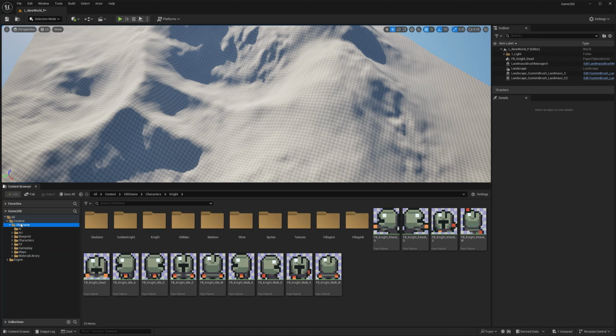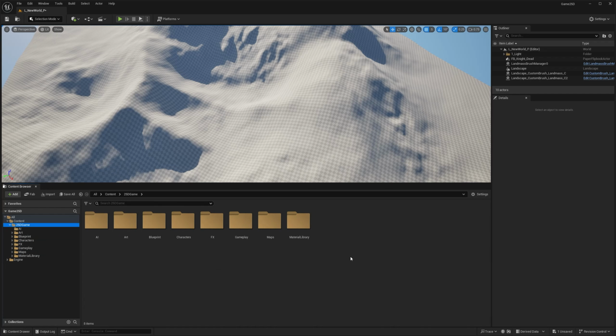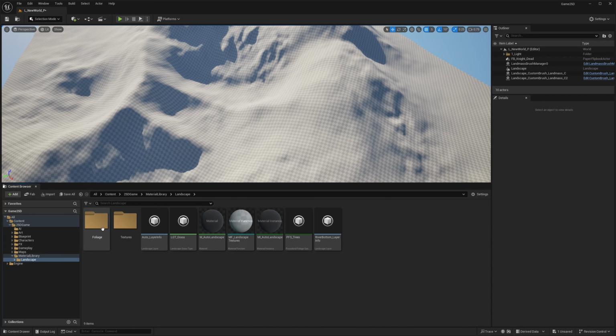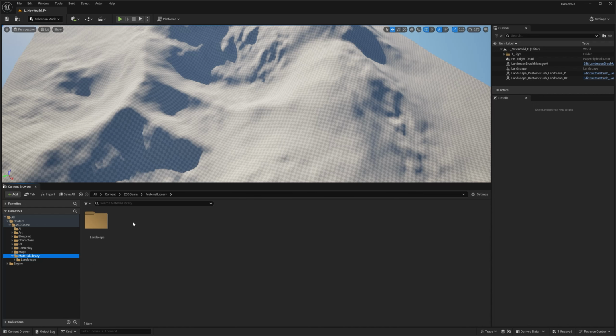What I like to do when I create material, especially landscape material, I always have a folder called material library. And this is my way to try to organize the project into having everything that I need material specific in one place. So if you don't have a folder, if you're creating your own project, just create a folder called material library. Inside it, you're going to see that I already have a landscape folder. That's because I already set this up beforehand. And this is a copy that stays with you, so you can take a look after and see exactly what I did with this. But for the sake of this class, we're going to create from scratch.